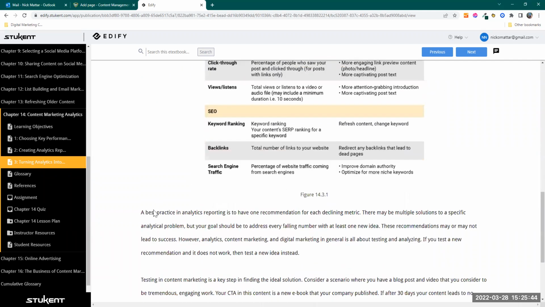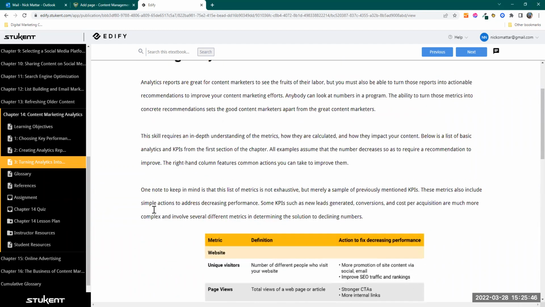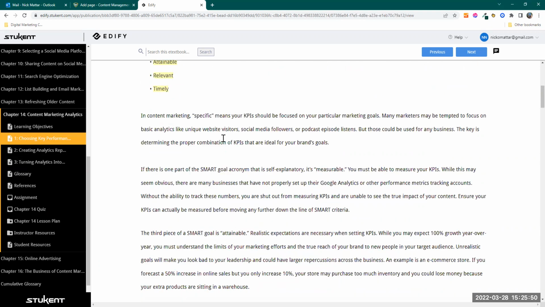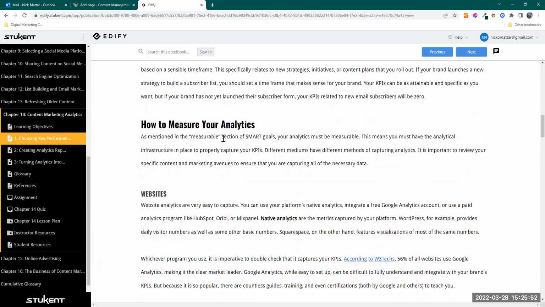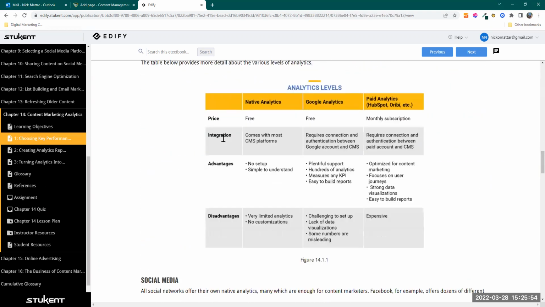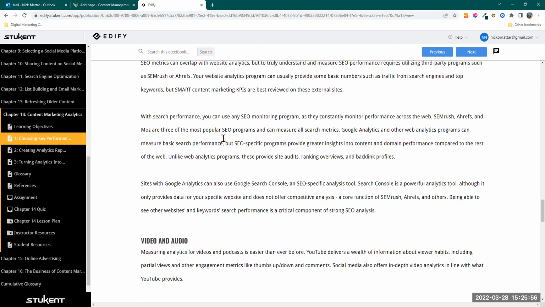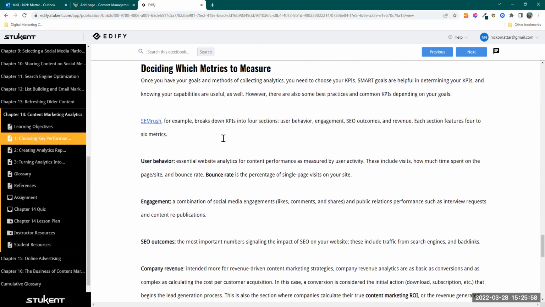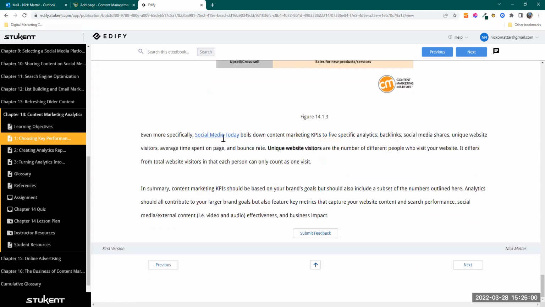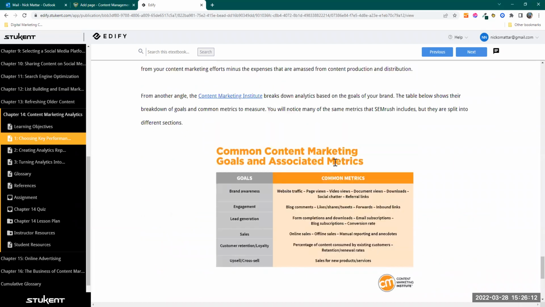Vanity metrics, I don't believe is in this section. Where is that? I believe vanity metrics are back here. Right. So thinking about what metrics are actually going to turn into real recommendations. I don't think vanity metrics is actually defined here. I think it's in a different chapter. But